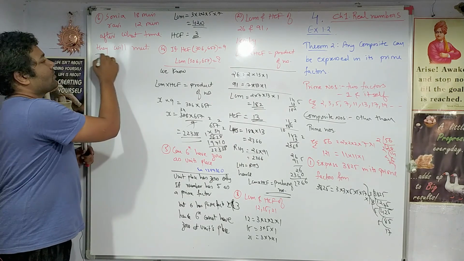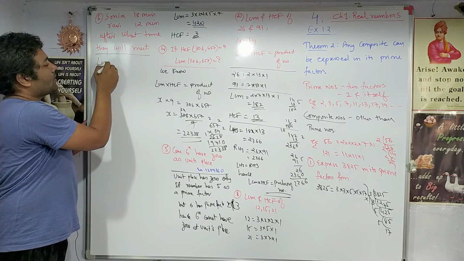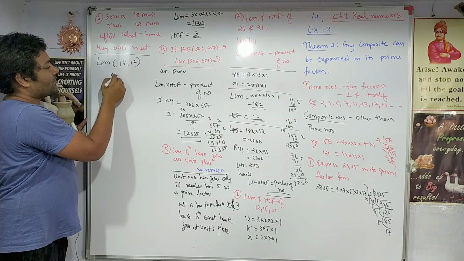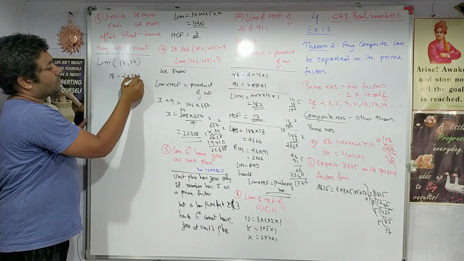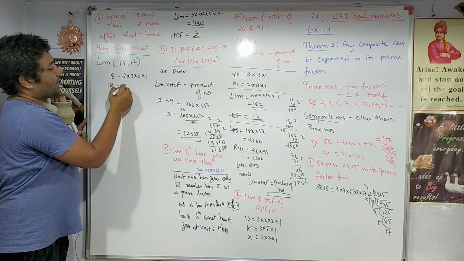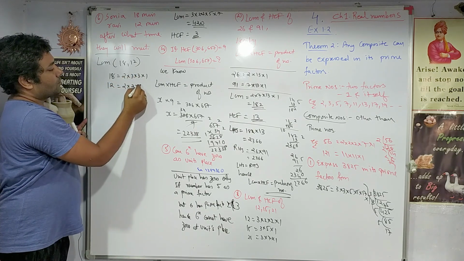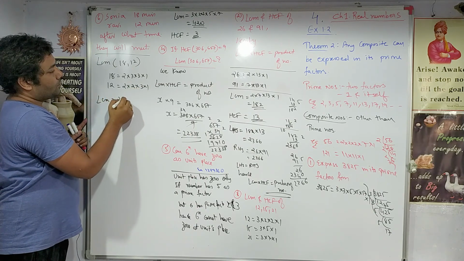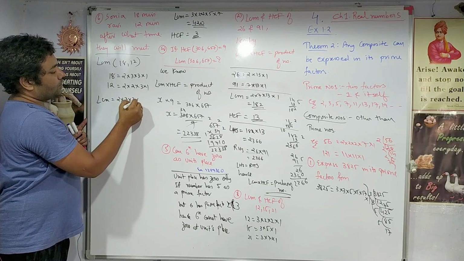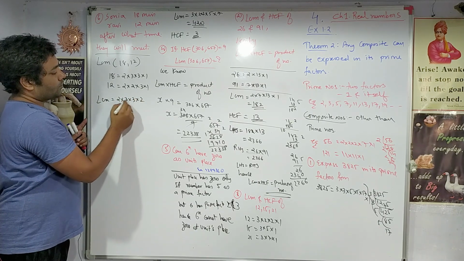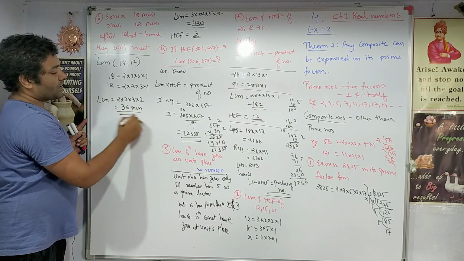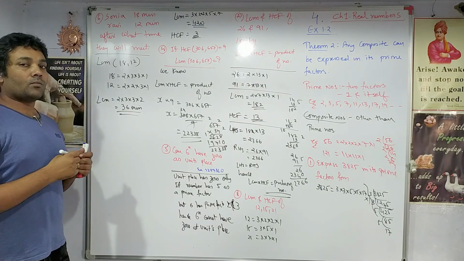So simple it is, we have to find the LCM of these two numbers. So LCM of 18 and 12, let us find out the prime factors. 12 will have, right? So LCM will be 2 into 3 into 3 into 2, which is 36 minutes. After 36 minutes they will again cross one another.